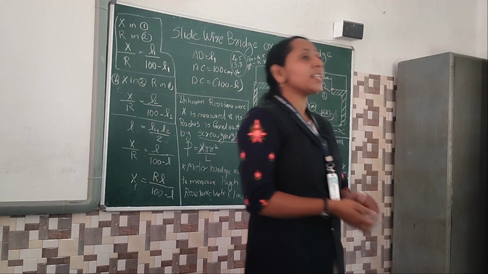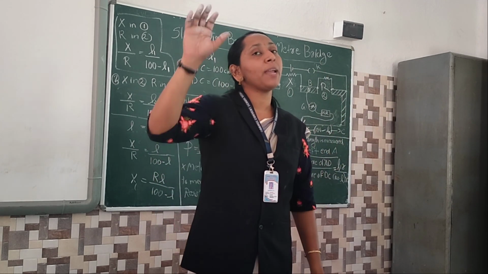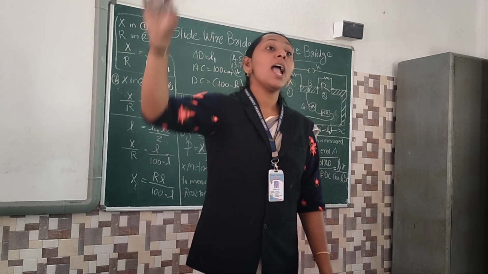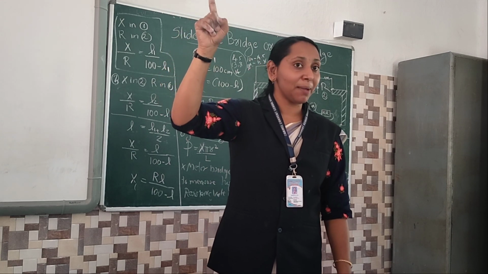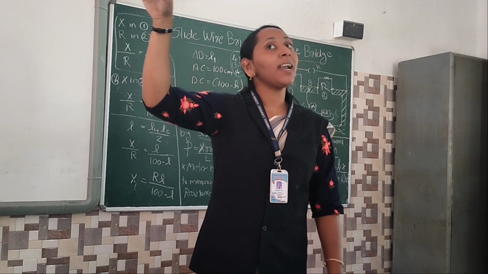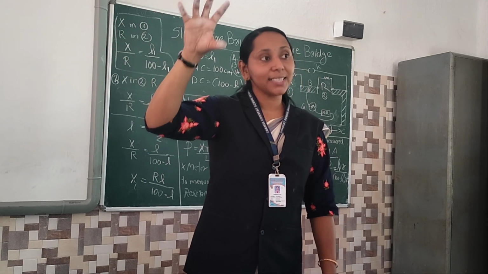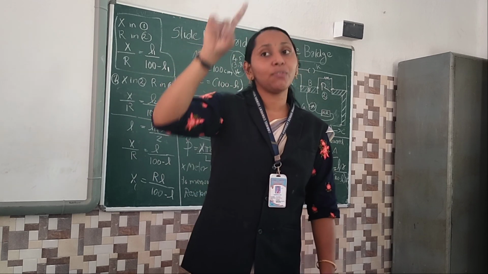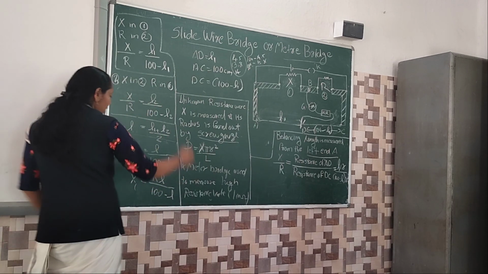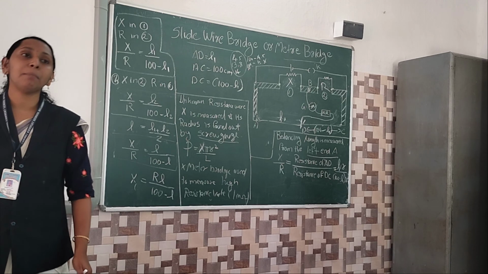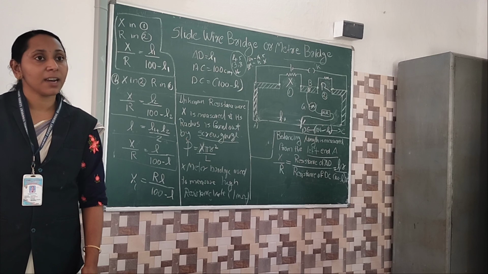समझ गया? So what is the equation of Wheatstone bridge? P by Q equal to R by S. What is the equation of a meter bridge? X by R equal to L by 100 minus L. L1 कहाँ जाऊँगा? फर्स्ट केस में ना, x by r equal to L1 r divided by 100 minus L1 of r. इस पकड़ के इसके बाद फाइनल आंसर में क्या है? Average of that, L divided by 100 minus L. From this expression, x equal to RL divided by 100 minus L. समझ गया अच्छे से? You have any doubt? Clear? Stop the video please.